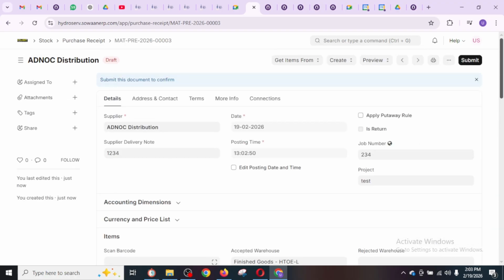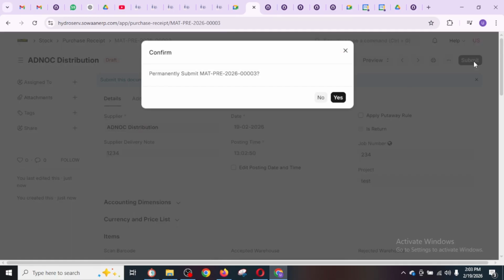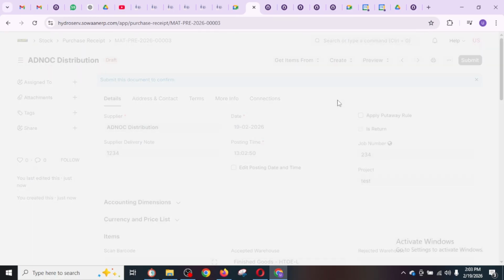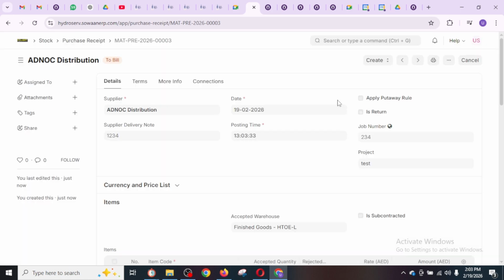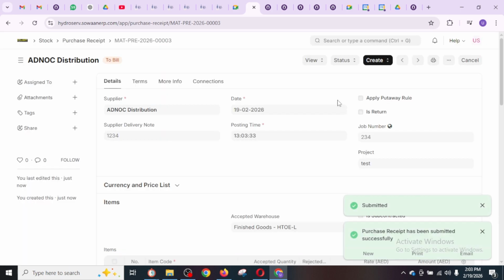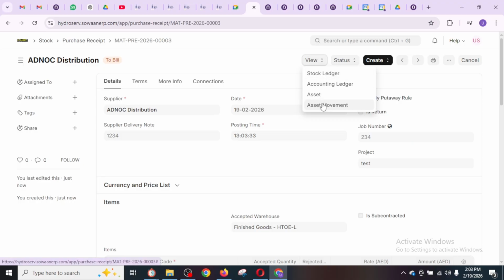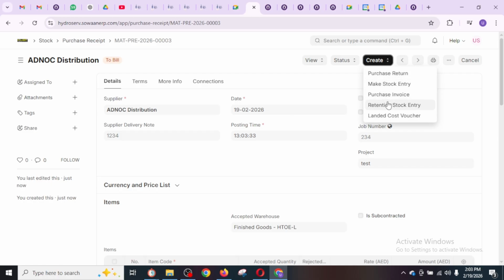But once we confirm that document by pressing the submit button, it means the details got synced within the system. Every document has its purpose. So when I press the submit button, you can see that I can view it in the stock ledger and so on. I can create any other voucher from this via push, which will be discussed in another video.